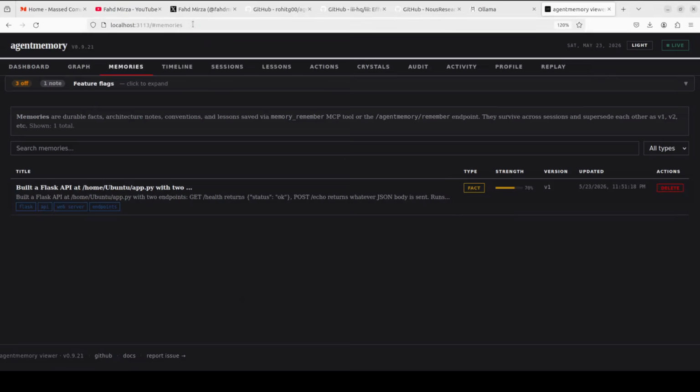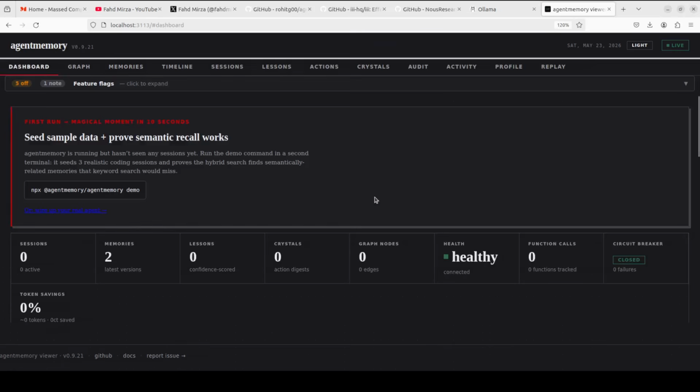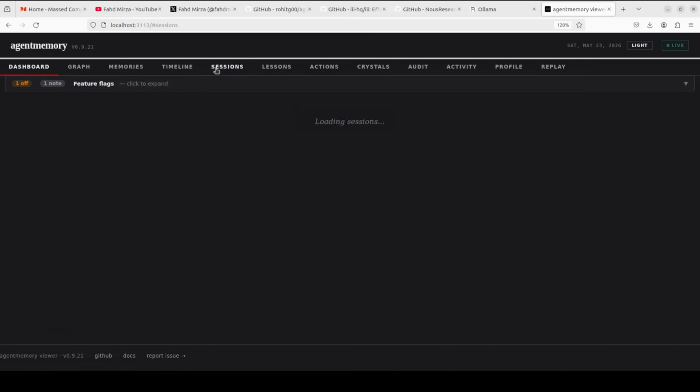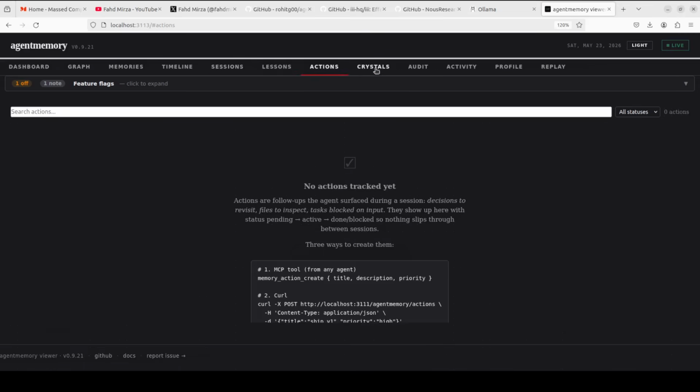I will just quickly go here. Okay, so it is not updating here yet, maybe later, or maybe if I could expand that, or it might just have updated this one, but it's not showing it here. Anyway, maybe some bug in this UI because the memory is shown here. Anyway, there is also a session tab or actions tab. There are a lot of things which you can do here, which I might make another video to go through